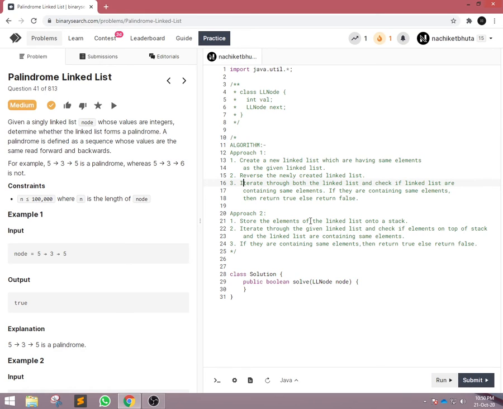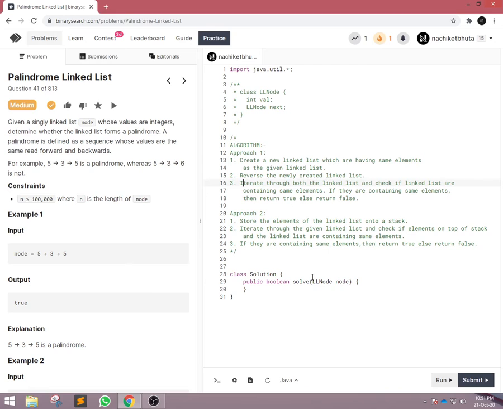The second approach says that given a linked list, we will use a stack to store all the elements. Now we will iterate through the given linked list, and we will store all the elements to a stack, so that the first element will be at the bottom of the stack and the last element will be at the top of the stack.